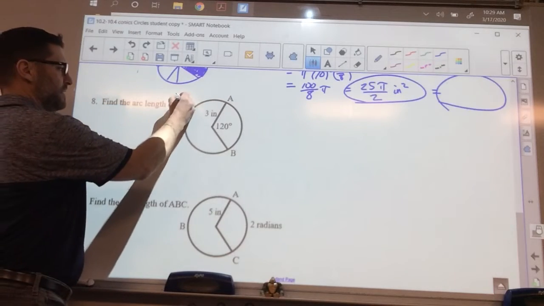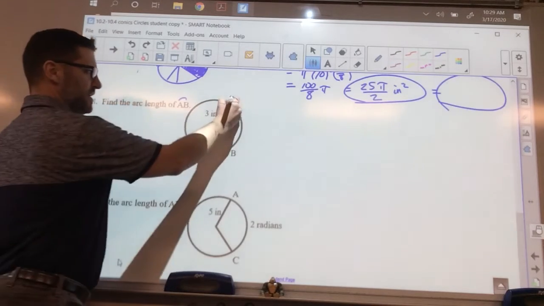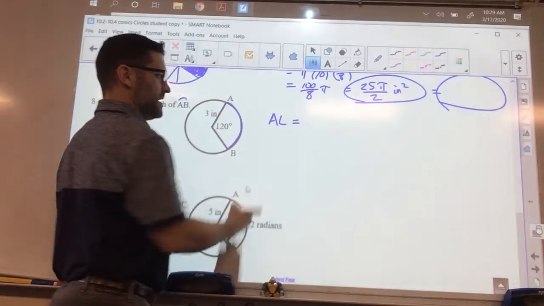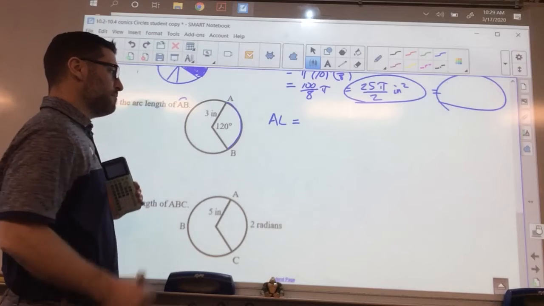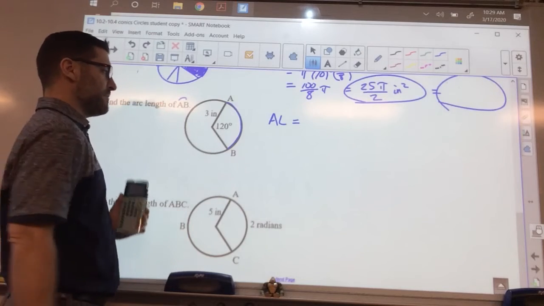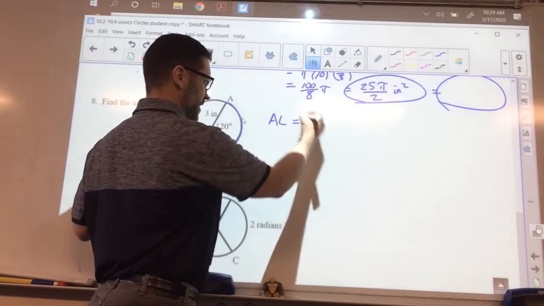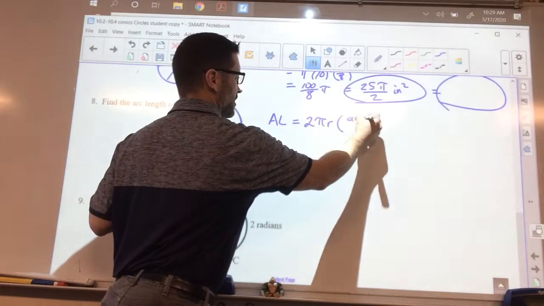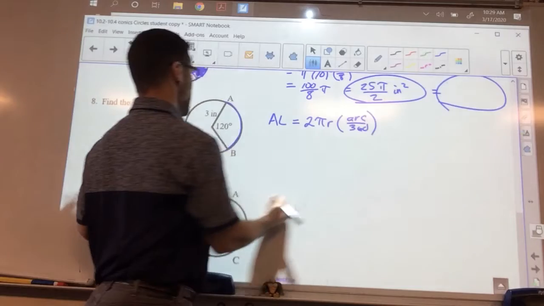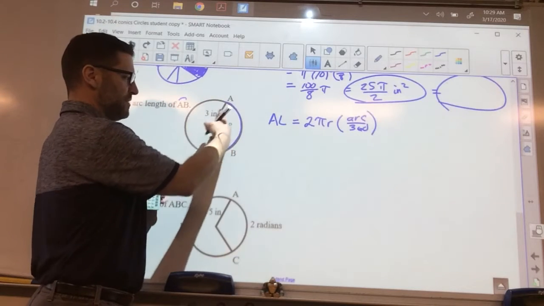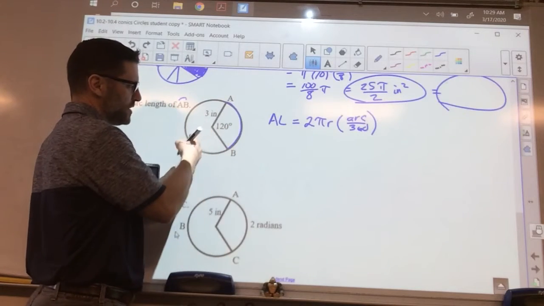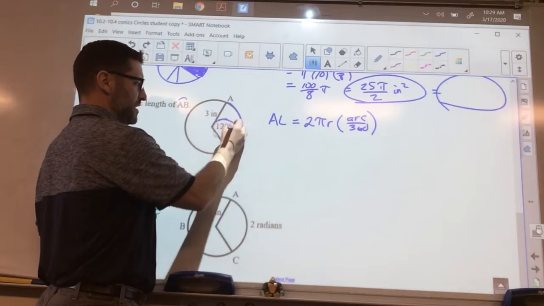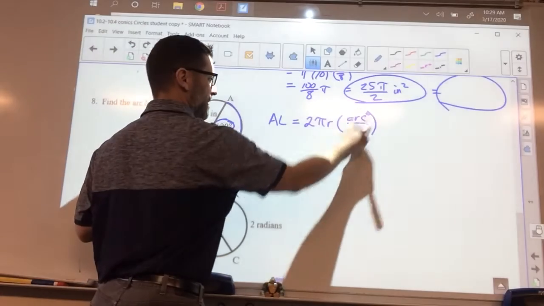Find the length of, in geometry, you'll see that little arc over here, so we want an arc length problem. So AL, you can get that formula from previous in this chapter, previous in this little note sheet. So it's 2 pi r, again, times the arc over 360. And I'm going to use that arc right now. You might know that that's 1/3 of the circle, 120 degrees, but I'm going to go ahead and plug the 120 in right there. That 120 goes in for the arc degrees,